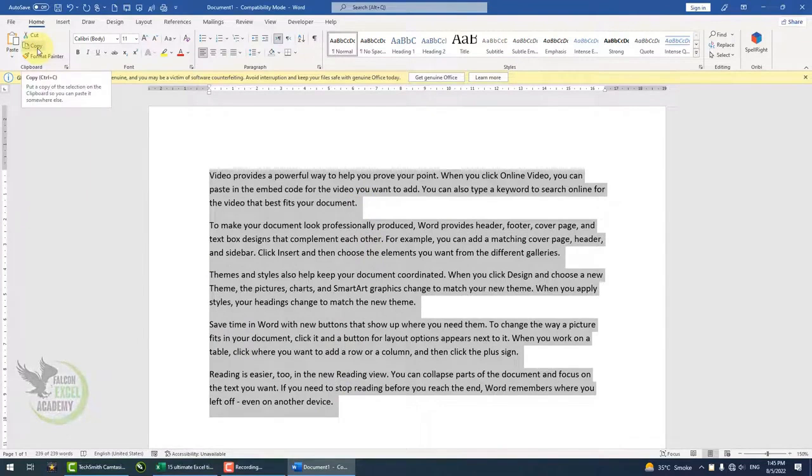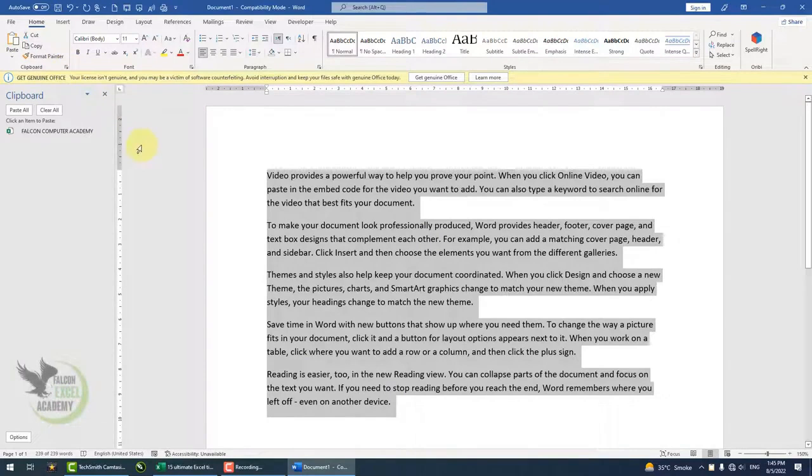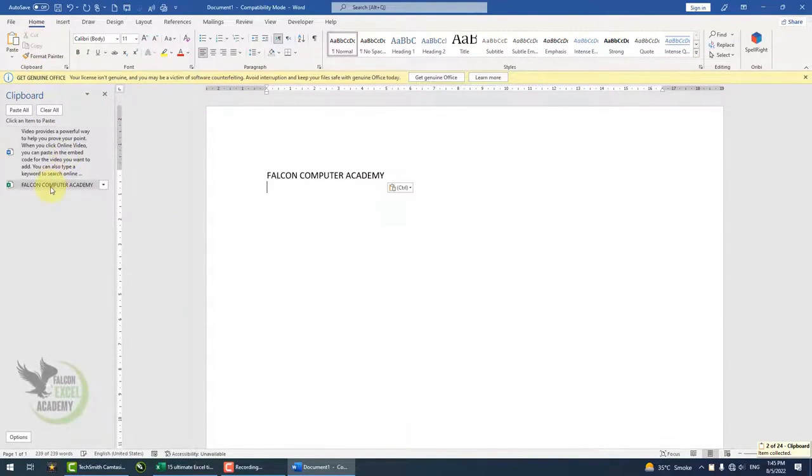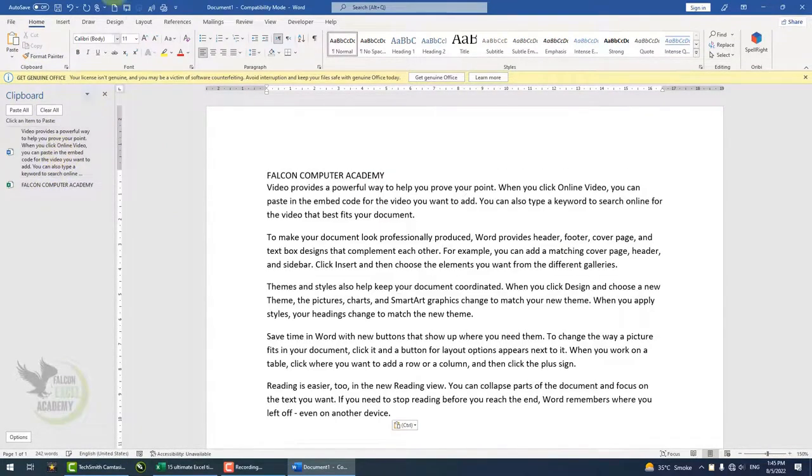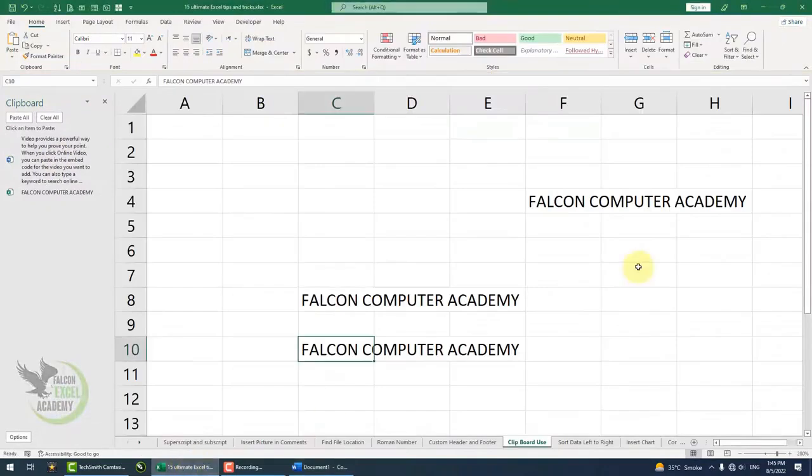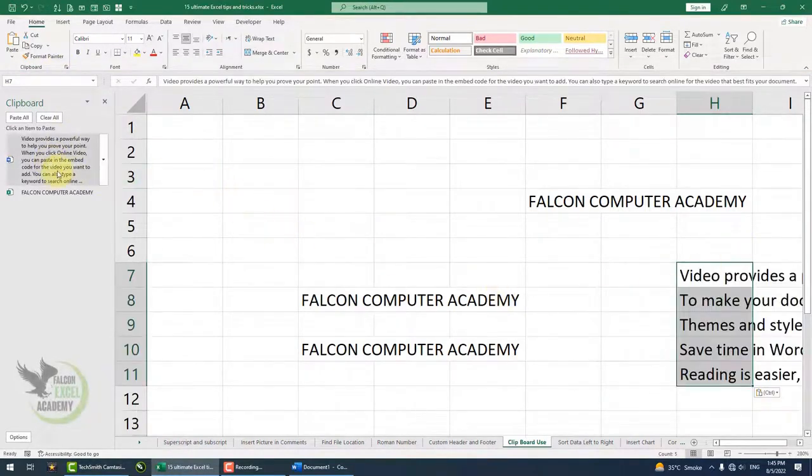Now, as you saw, I had opened the clipboard there, or you can also open the clipboard from here. The data you copied there, you can see it here as well. Now, as soon as I copied it, you can see that the data has also been pasted here. After this, you can paste Excel data here as well as Word data. Similarly, if you come to Excel, after clicking here, you will see that the data you copied from Word is also available here. So here too, we can easily paste the data, and if you click on Paste All, whatever